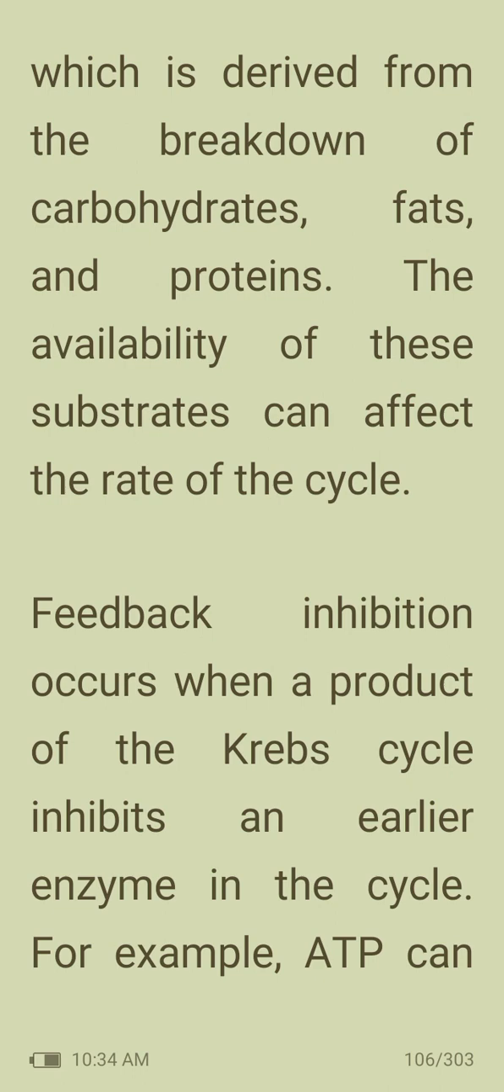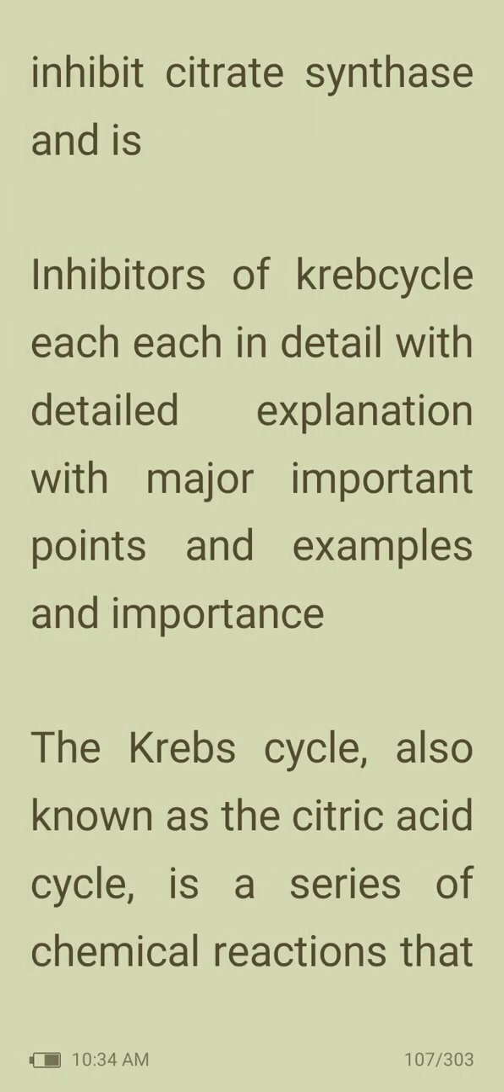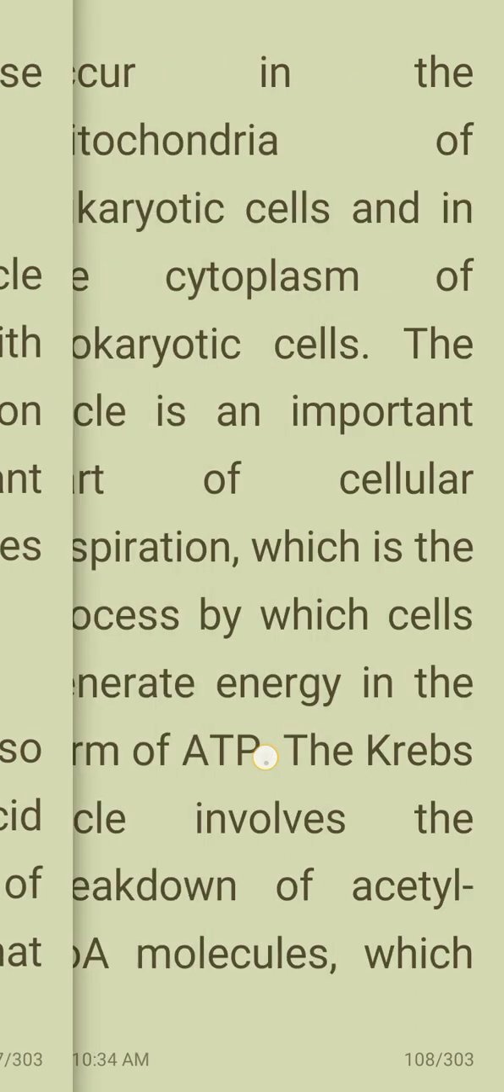Feedback inhibition occurs when a product of the Krebs cycle inhibits an earlier enzyme in the cycle. For example, ATP can inhibit citrate synthetase. Inhibitors of Krebs cycle. The Krebs cycle, also known as the citric acid cycle, is a series of chemical reactions